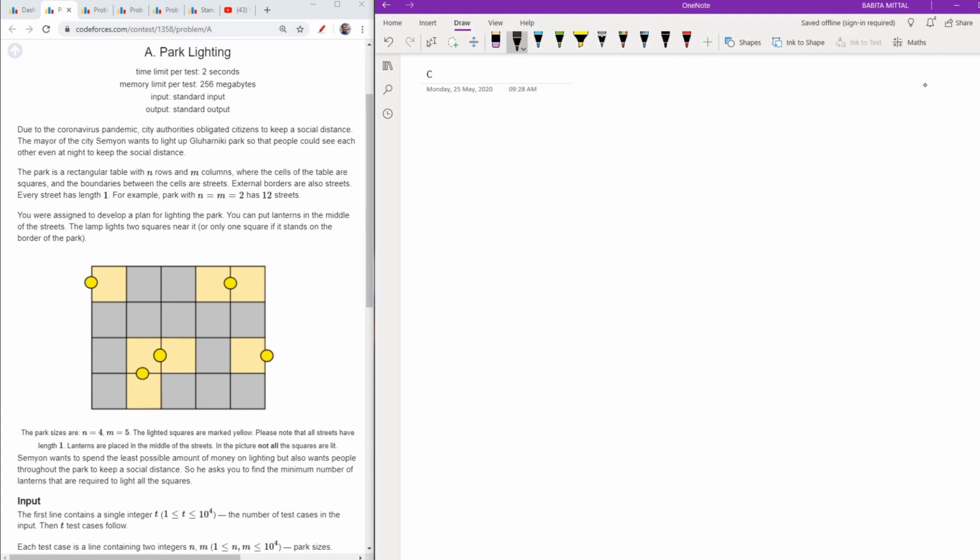So in this round we are going to see first of all the problem A. In this problem, first of all I will explain the problem statement, what the problem says, and after that we will move on to the approach. It's a very basic problem. You will be given an n into m matrix.